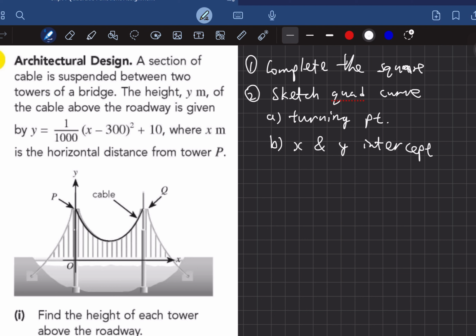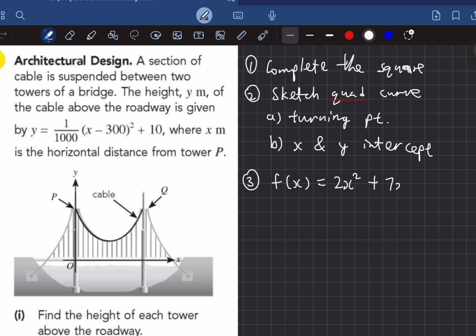Why are these few skills important? Because we need to visualize or unpack what the question wants us to find, because whatever the question wants us to find is all relevant to these two skills. And the last skill is we need to understand one thing, which is introduced at the very early part of the chapter. We mentioned that, for example, function f of x is equal to maybe 2x squared